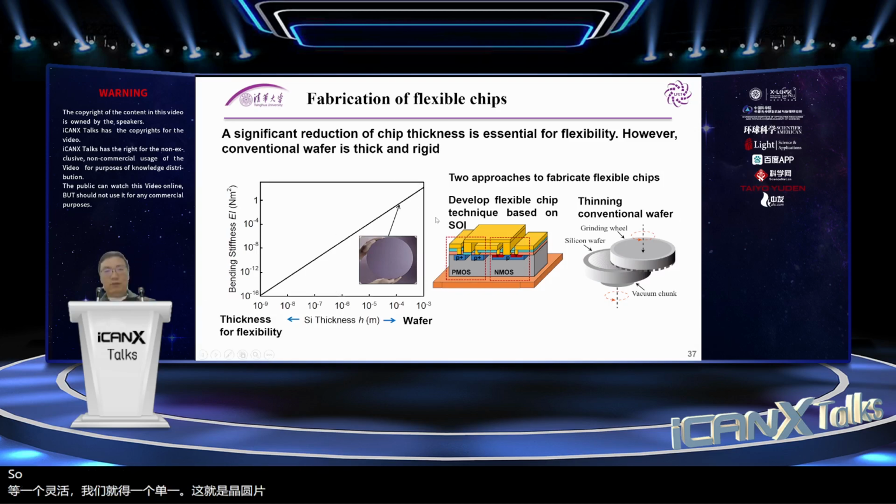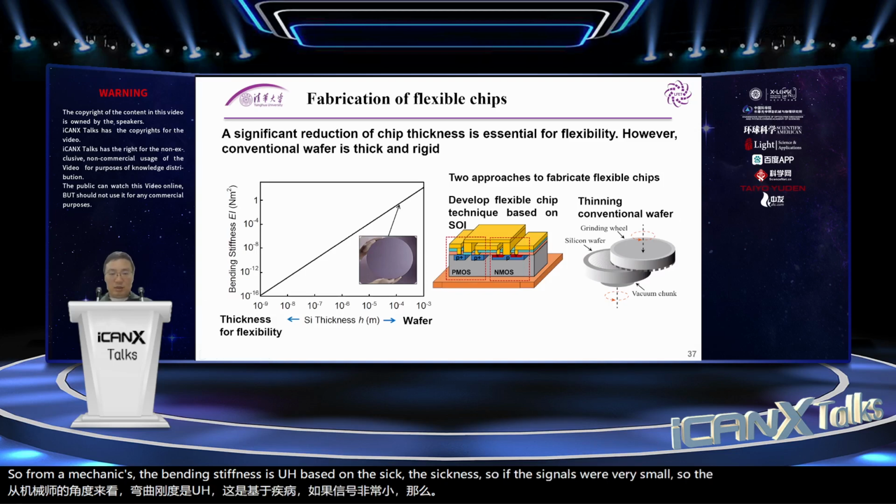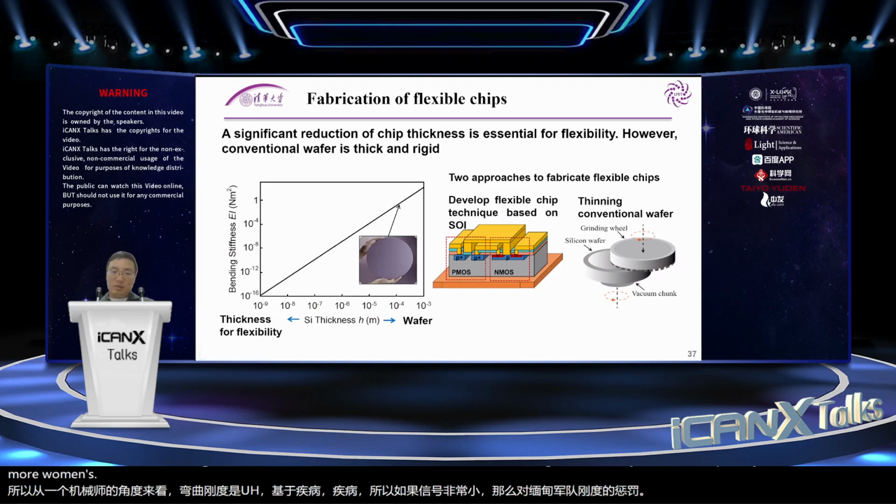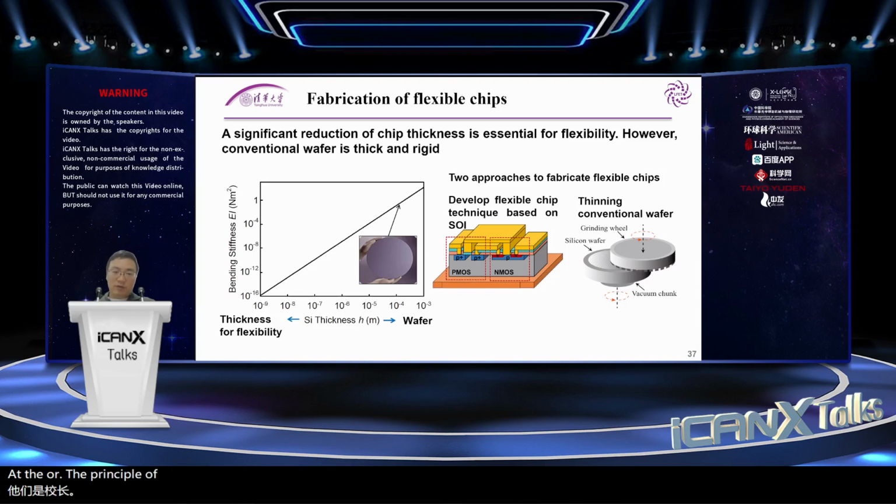From mechanics, the bending stiffness is based on the thickness. If the thickness is very, very small, the bending stiffness is very, very small. That means it's very easy to bend. This is the principle of how to make flexible wafers. Based on this approach, we develop a technology to fabricate the